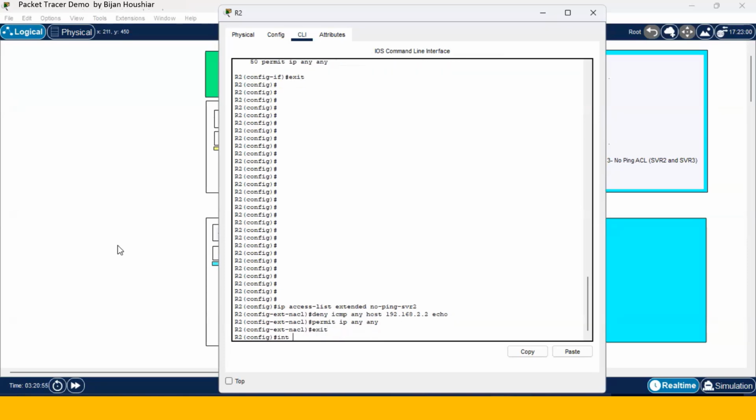Interface G00, ip access-group. What was the name of it? No ping SVR2. Direction inward. That's it. Nobody should be allowed to ping